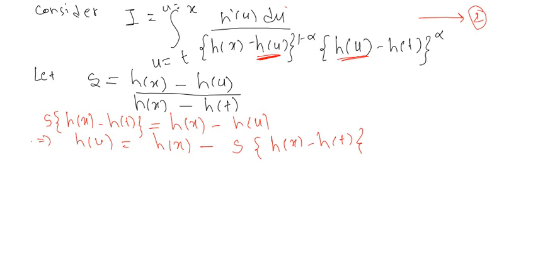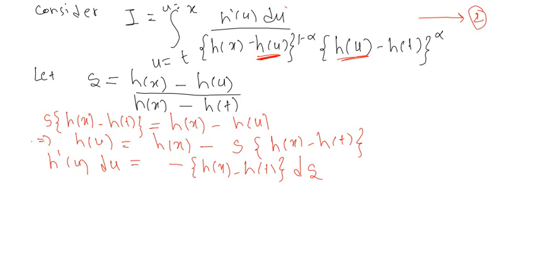Okay, then h dash of u du is equal to 0 minus h of x minus h of t into ds. Okay,